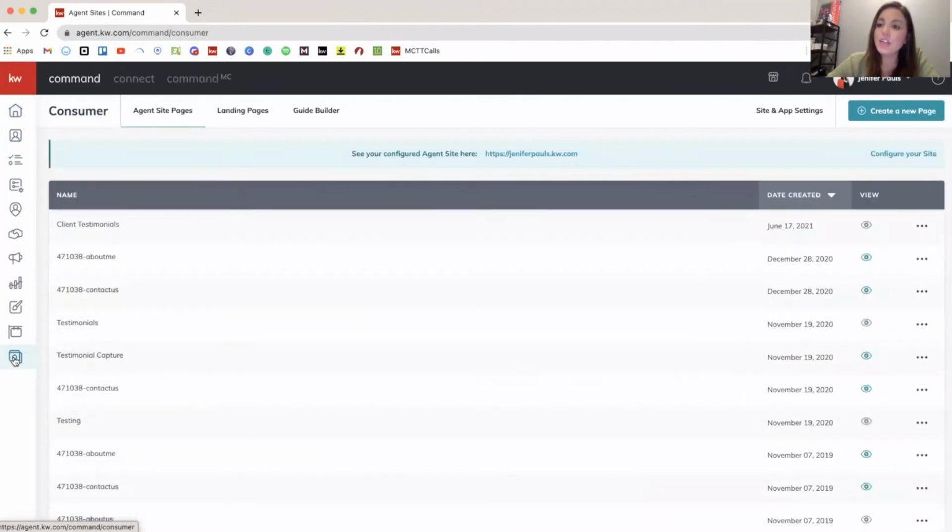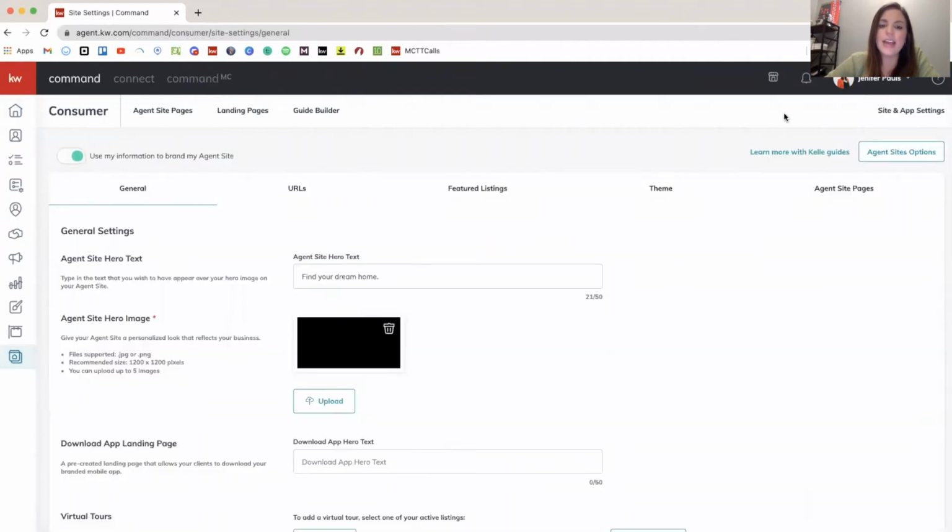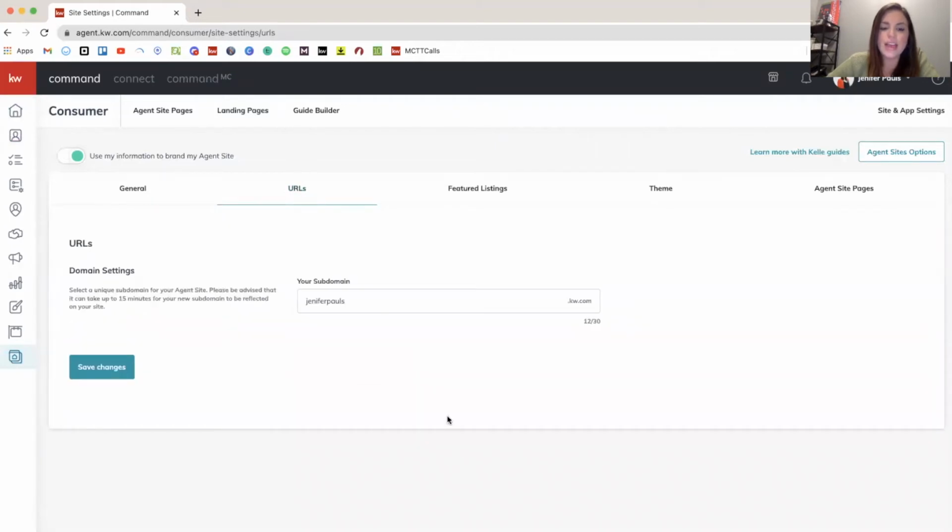This is the same place you manage your website. You're going to go to site and app settings in the top right. And here you'll go to URLs. And down here, I don't have one because I'm not actually licensed. So I don't have a branded app link, but you'll have a branded app link right here. So that will let you know what that app link is. If you're ever wanting to put it in your email signature or anything like that, you'll want to grab that